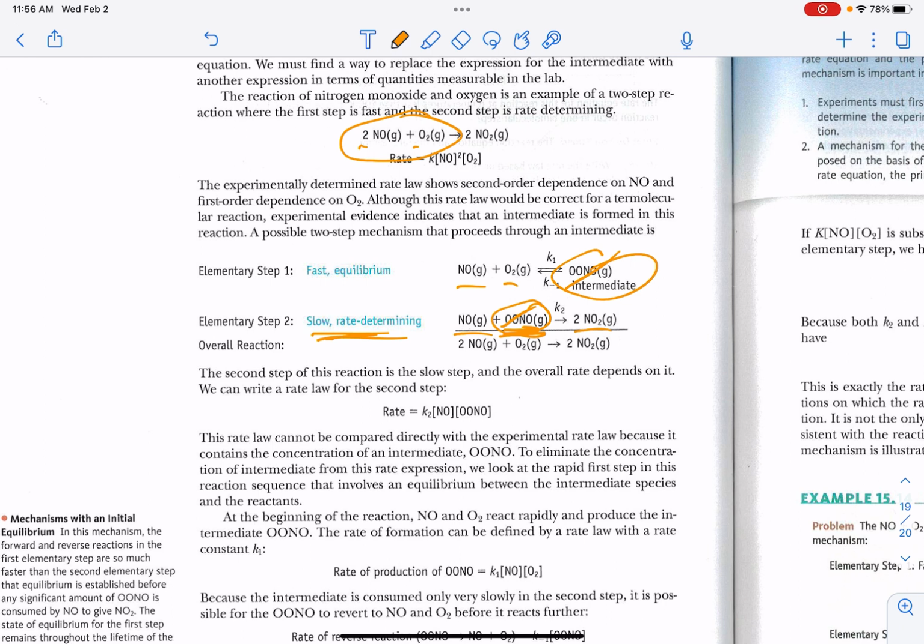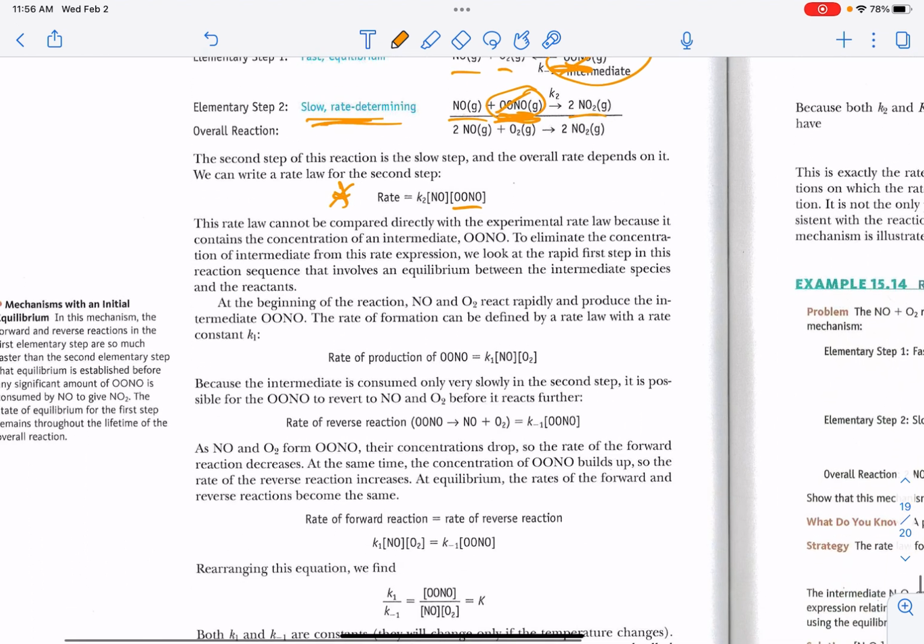In this case, that intermediate is OONO. So if I write my rate law in terms of the slow step, it's written in terms of this reaction intermediate, and that is verboten. So I need to figure out a way to get rid of OONO and express it in terms of